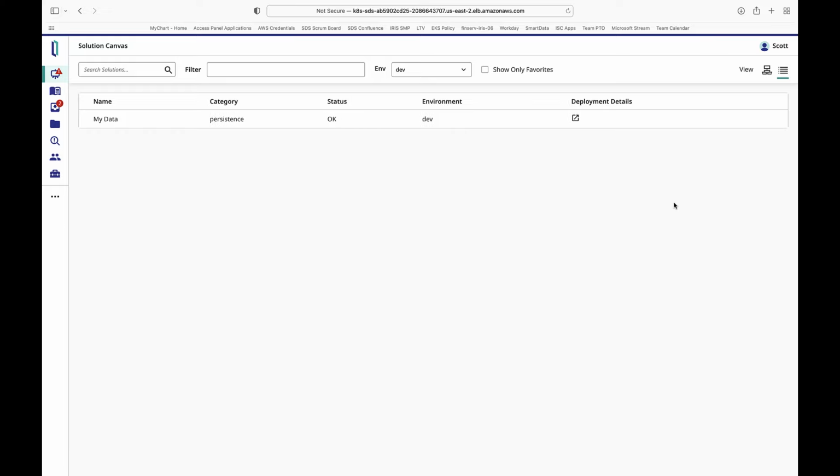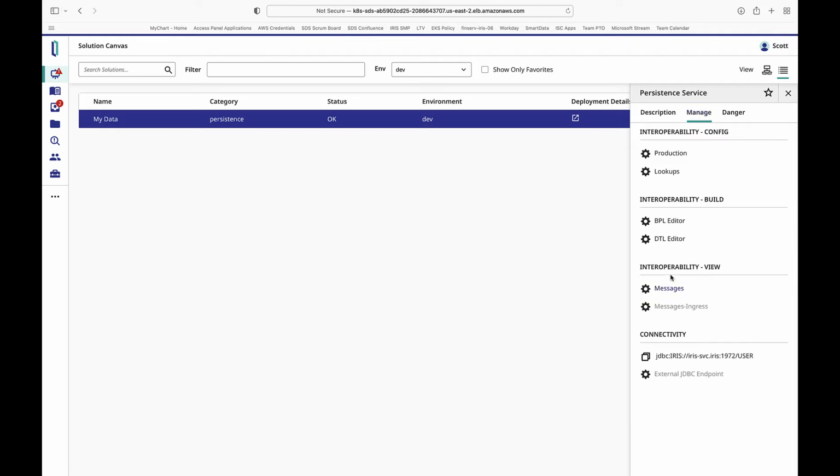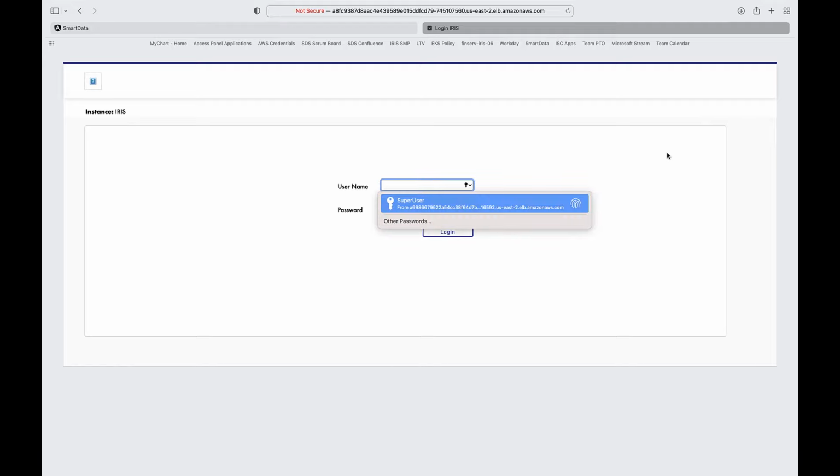Now Iris is deployed. So we can click on it now and see some general information about our deployment. We can see some links here. This is just a demo, right? It's the product, it's working, but the links you're seeing here are not all the links we would be showing, or we would not even be showing some links because, as I said, this was Iris as a database, so it makes no sense to show here the BPL editor, the DTL editor, but we have some random links that we have here to test, and I can click on the production and just be taken there